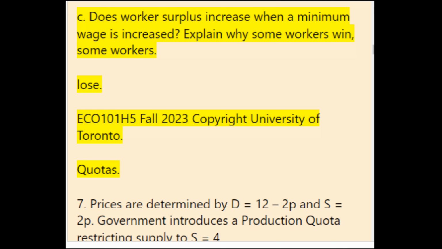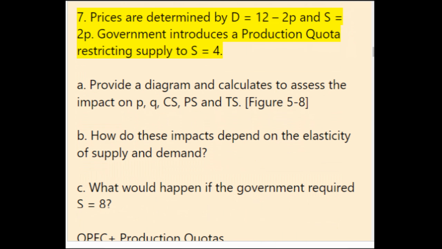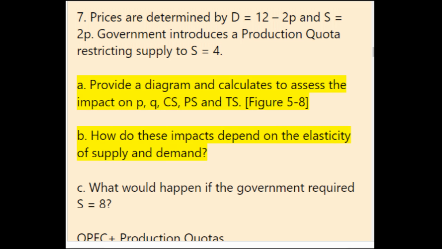Quotas. Prices are determined by D = 12 - 2P and S = 2P. The government introduces a production quota restricting supply to S = 4. A. Provide a diagram and calculations to assess the impact on P, Q, CS, PS, and TS. Figure 5-